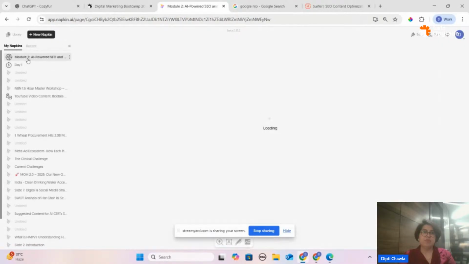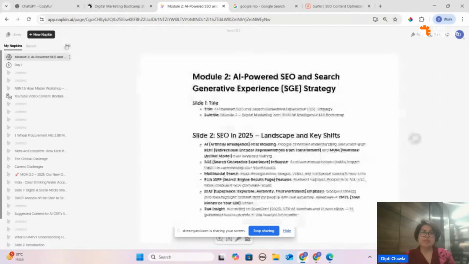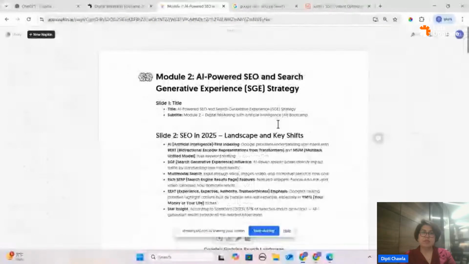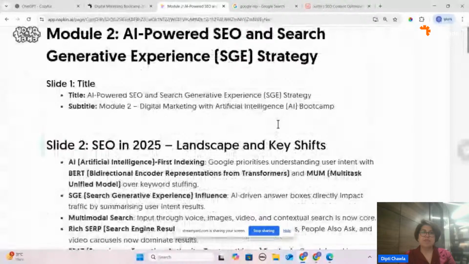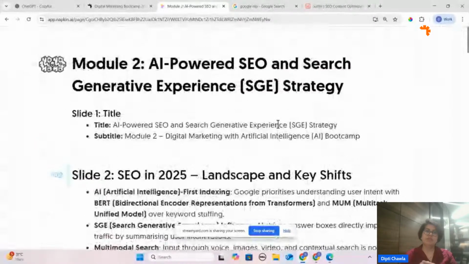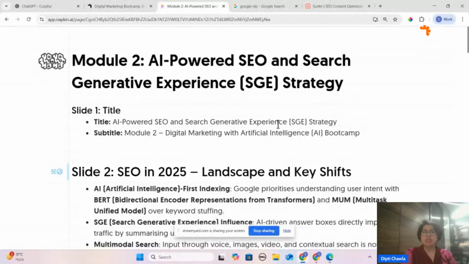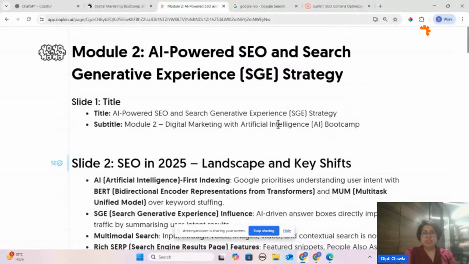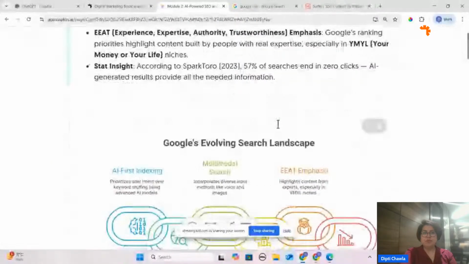Now module two. Here comes the new part: AI powered SEO and search generative experience strategy. Please keep taking screenshots of my slides. Now, in this, what will we learn?